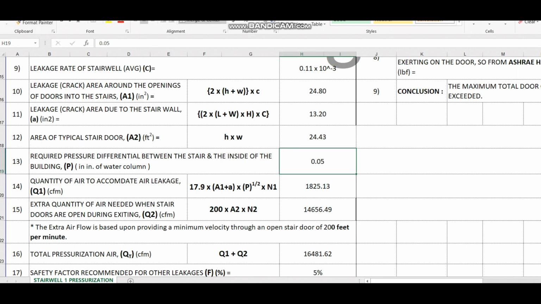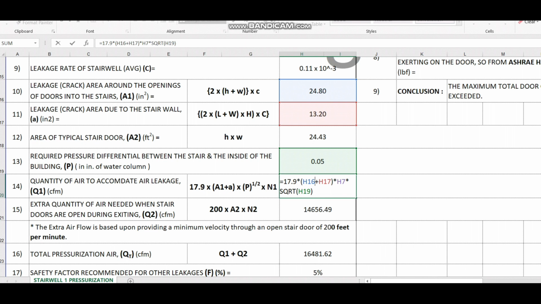So same I consider. In some projects I was instructed that with this minimum value you go with minimum 4 Pascal higher or 5 Pascal higher also. If your client doesn't have any special requirement, you go as per NFPA 92, you can consider 0.05 inch of water column as it is. So finally if you apply all these values in the formula,